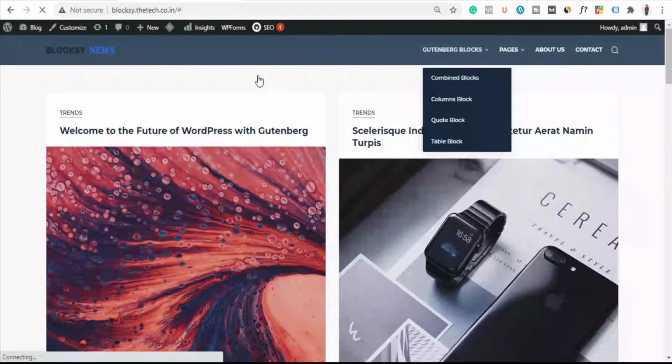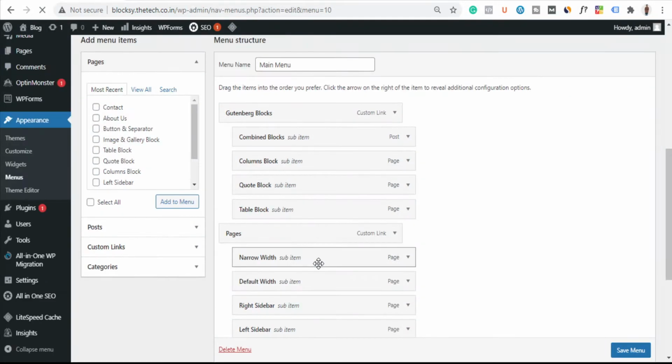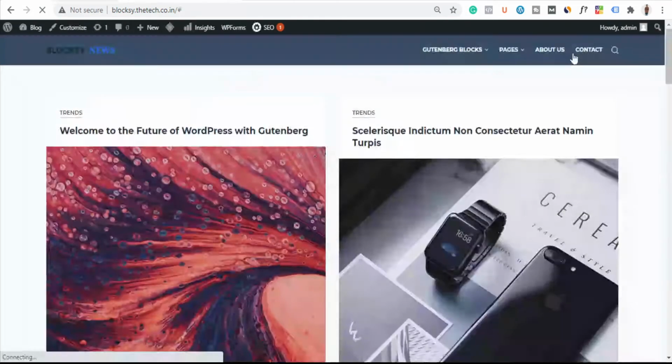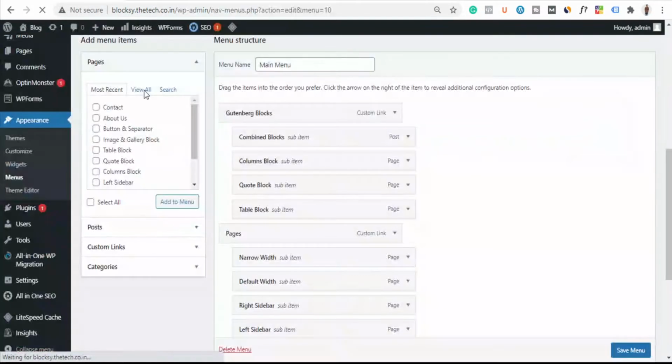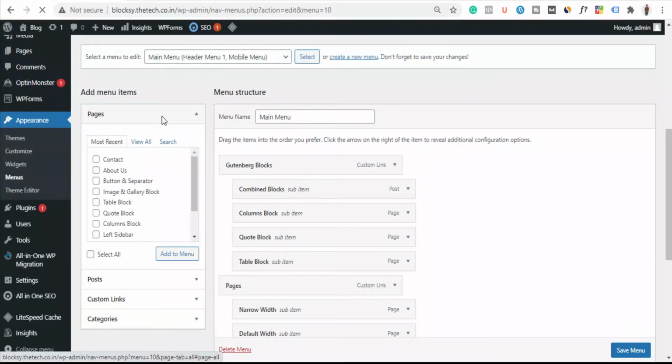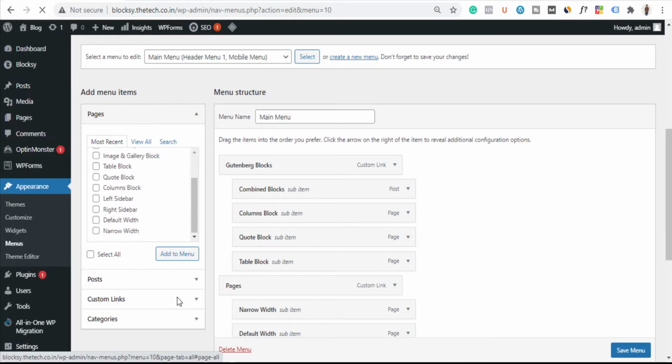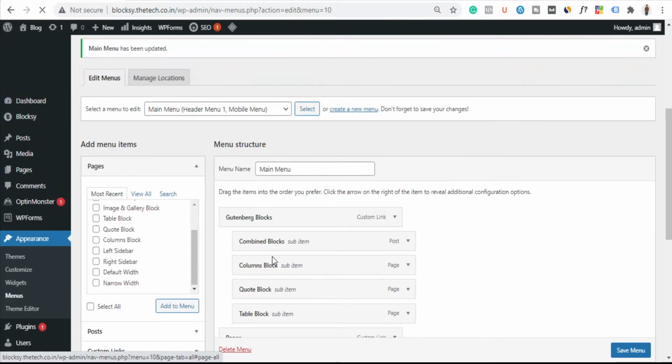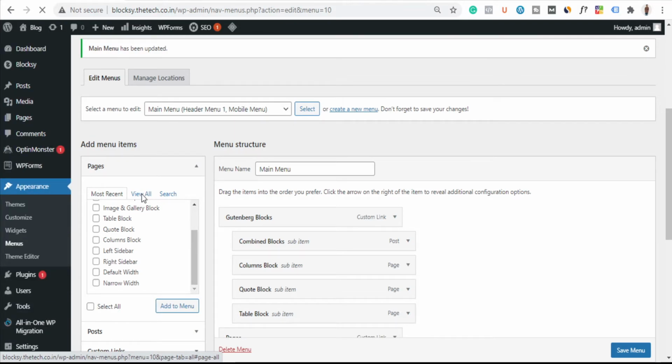Similarly, you can play around with it, like if you want to keep pages or you want to add more. Suppose I want to add one more page here. On the left side you can see we have this pages option, this posts option, or even a custom link option. Whatever you need to add here, you just need to pick it. For example, if I choose this view all,